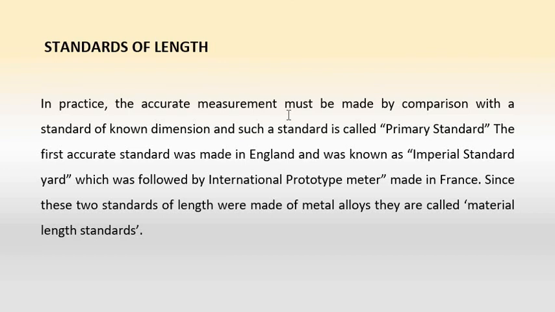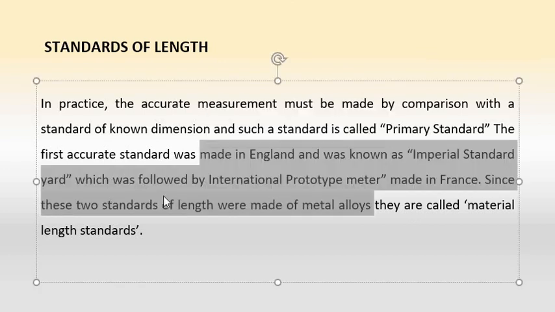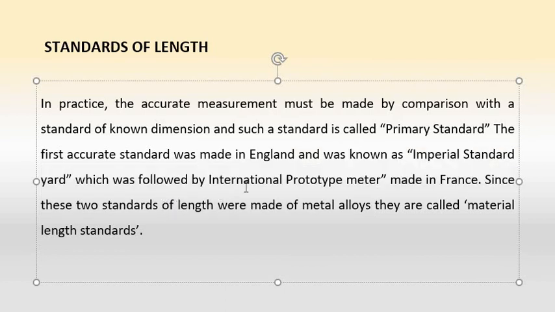a measurement is complete. In practice, the accurate measurement must be made by comparison with a standard of known dimension, and such a standard is called primary standard. The first accurate standard was made in England, and it was known as Imperial Standard Yard. After the Imperial Standard Yard, the other standard that came forward is International Prototype Meter, that was